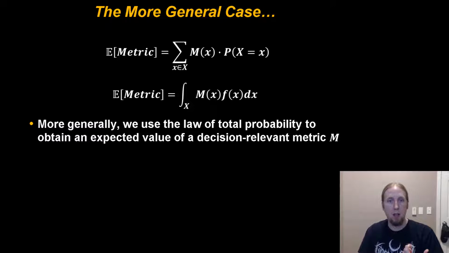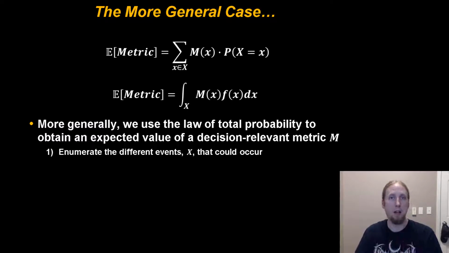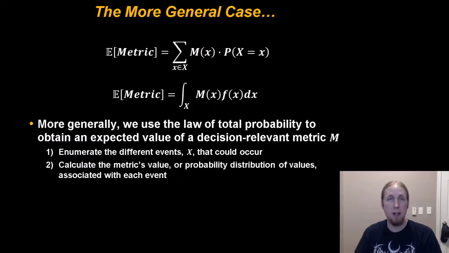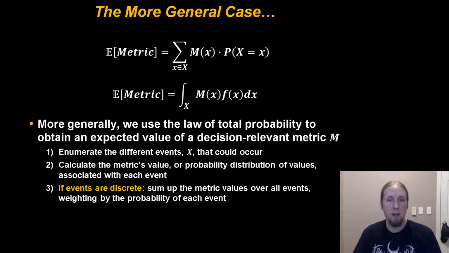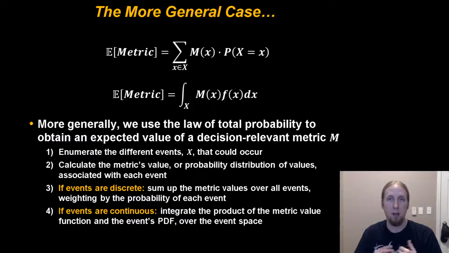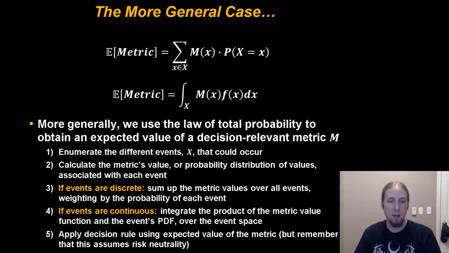So if we have a decision metric M, start out by enumerating all the different events X that could occur. Then we need to calculate the metric's value, M of X, or the probability distribution of values associated with each event. If the events are discrete, sum up the metric values over all of the events, weighting by the probability of each event. If we're continuous, integrate the product of the metric value function and the event's PDF over the event space,